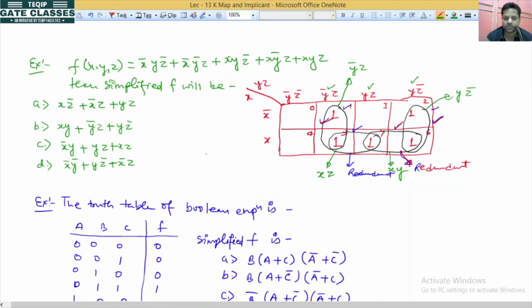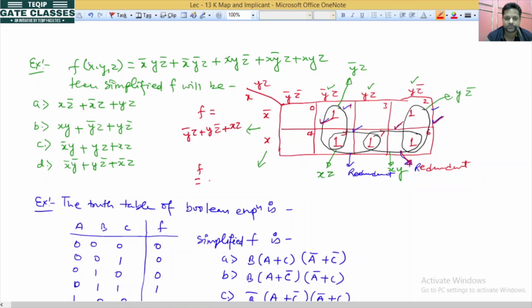Now match with the solution. How many solutions do we have? Two solutions for this K-map. That's why I have written that the simplified expression may or may not be unique. In this case it is not unique. So what will be the answer? It will be y bar z plus yz bar, which is compulsory in the expression. Which one is optional? Either you put this one or this one, so it will be xz. The first simplified expression is this one.